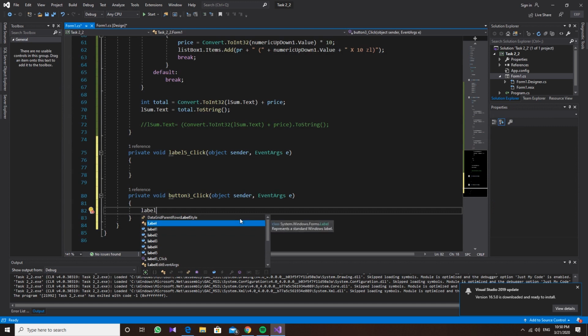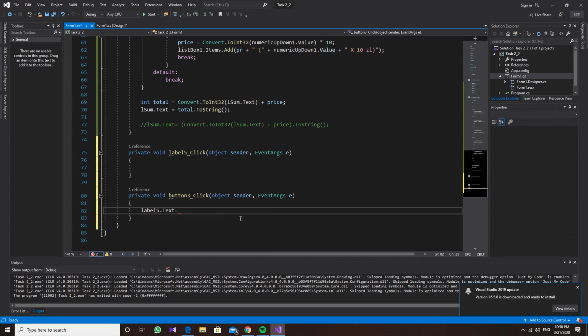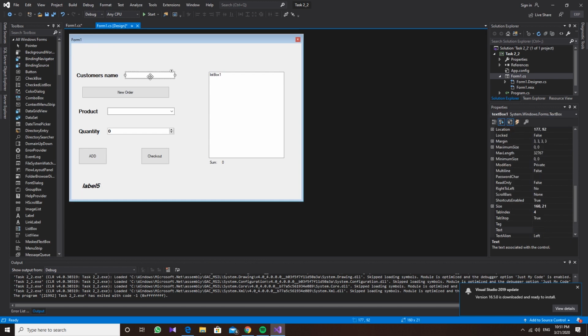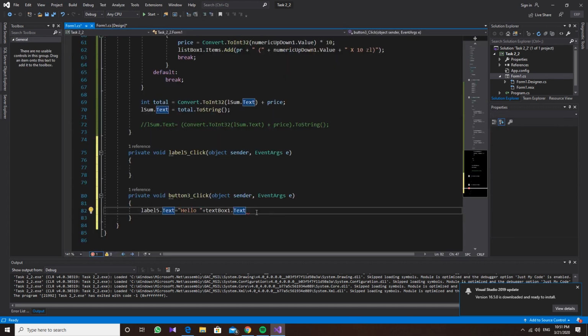Label 5 dot text is equals to "Hello" and the name. What's going to be the name? The name will be text1.text, I mean the text that is inside of this. So the customer name, text.this, okay, and then just one dot because I want to close the sentence, and then "please pay"